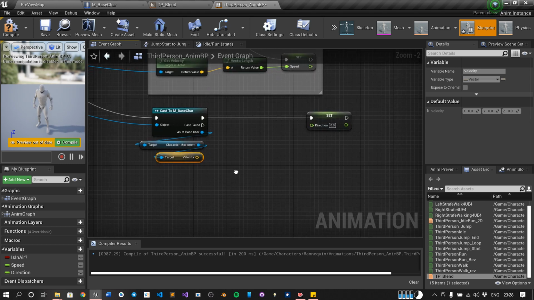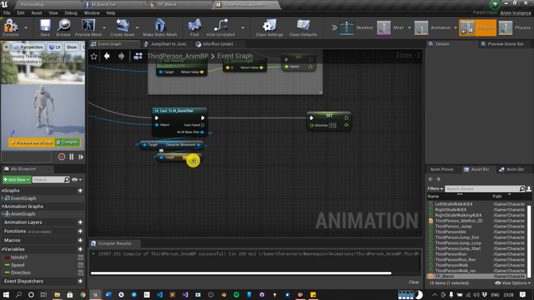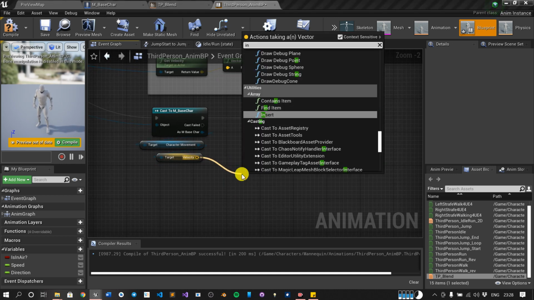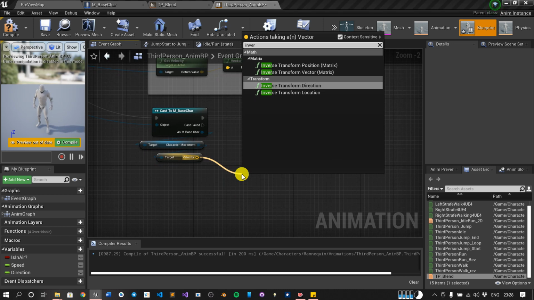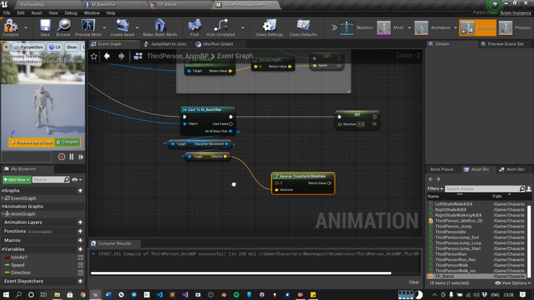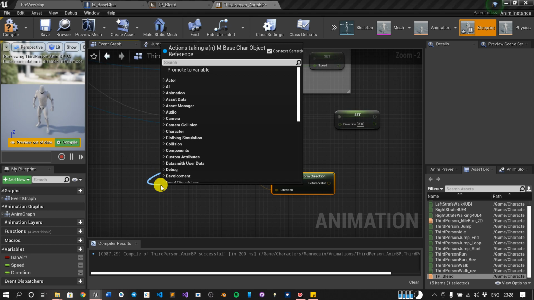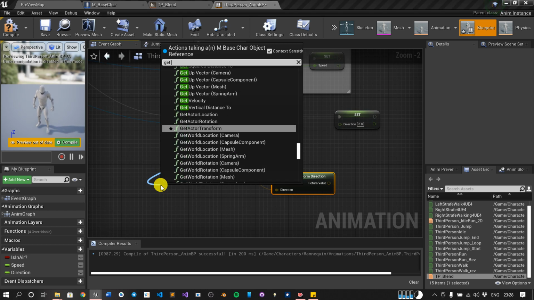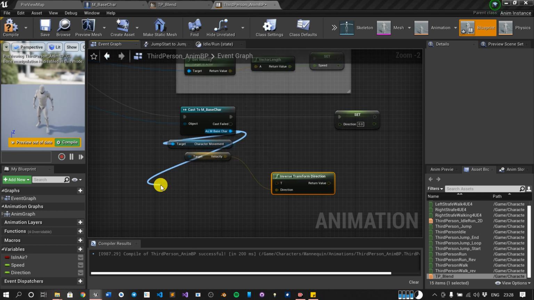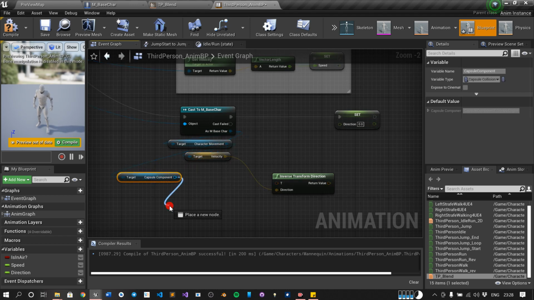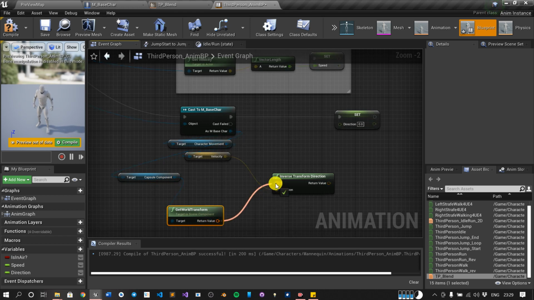So first we need it transformed to the local space, because this velocity is currently in the world space. So what we will do, we will click Inverse Transform Direction. For the base we will get the capsule component, get transform, world transform, and put it here.